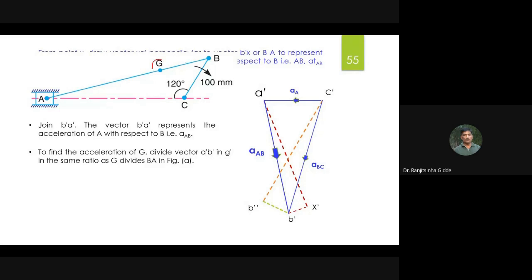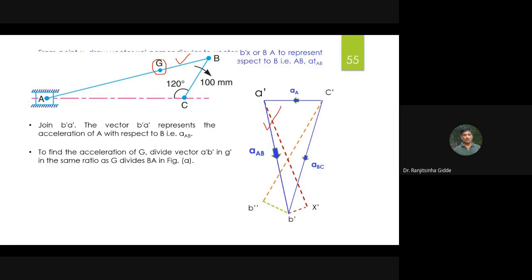This is the G point in the space diagram, and for this AB, this is the A prime B prime vector. So we need to locate this G point in this diagram. How to locate? For that,